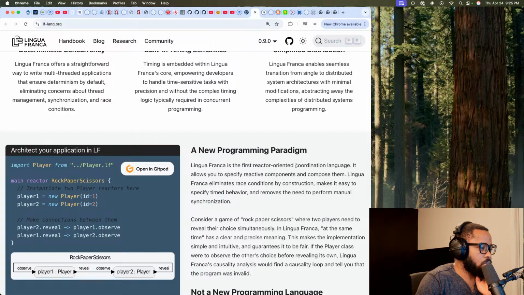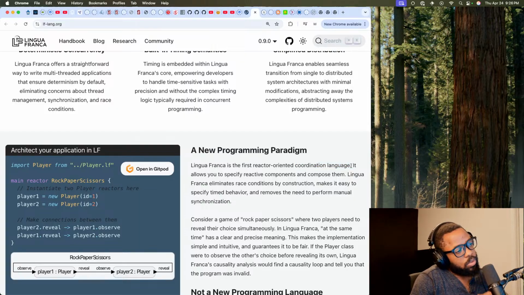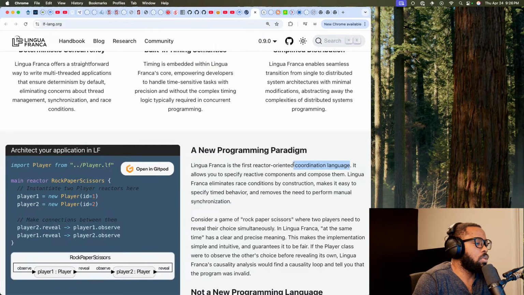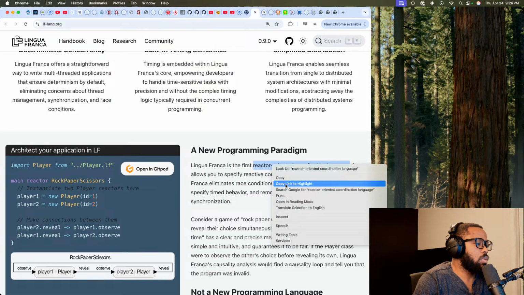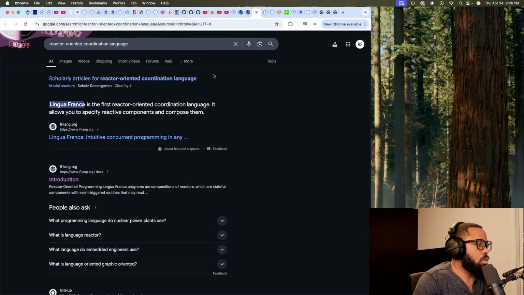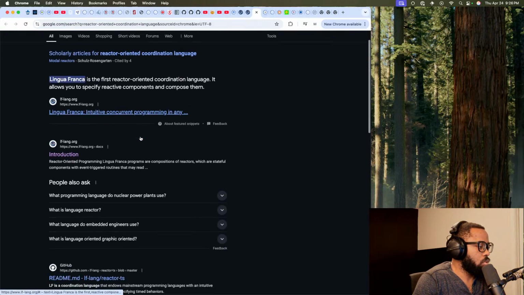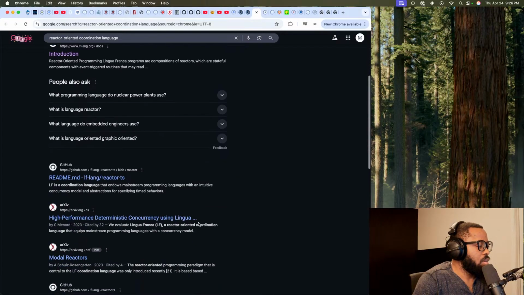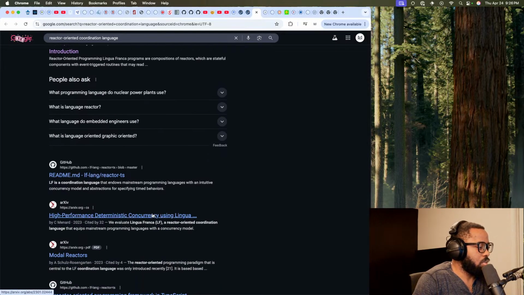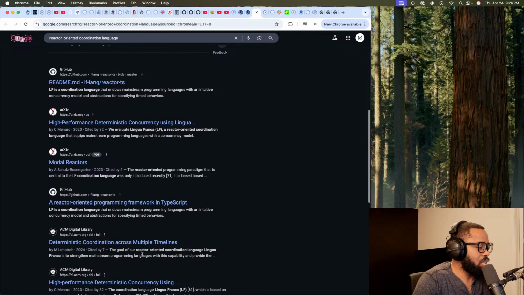So they call it a coordination language. I wonder how many of those there are. Reactor oriented. Are there true pioneers? Well, I don't want to say true pioneers, as if they are fake pioneers.